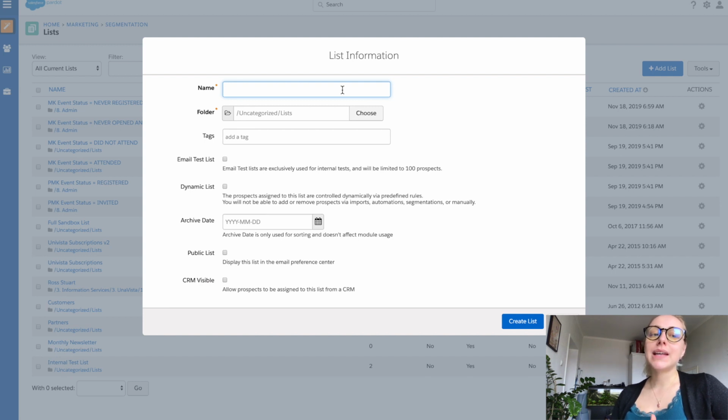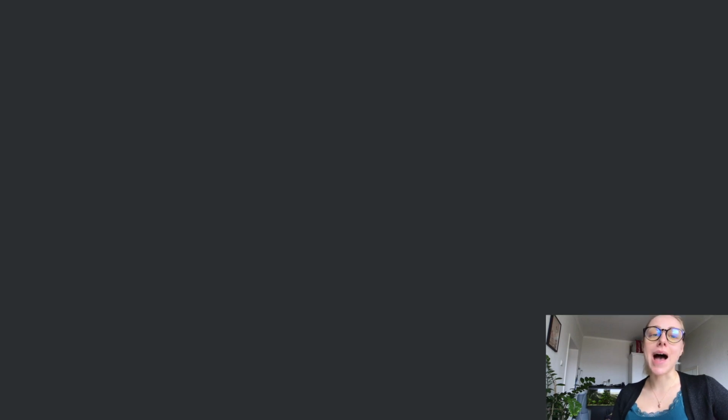And by having a naming convention that everybody internally follows, it will allow you to easily determine which are still